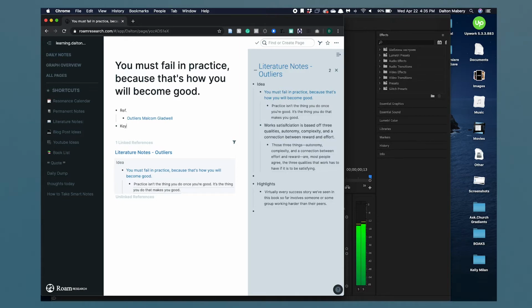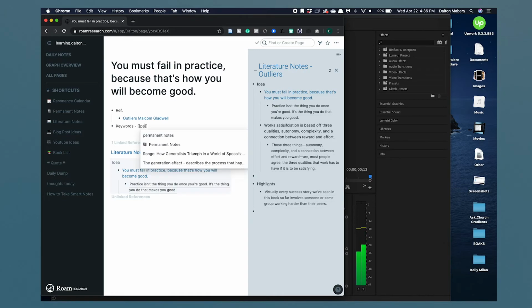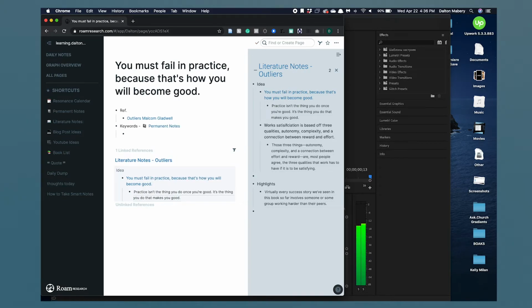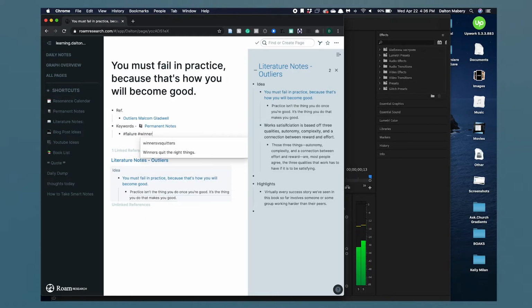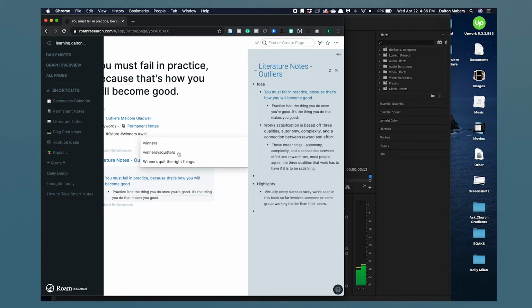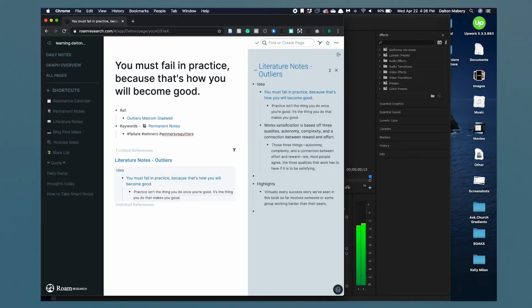And then I'm going to do my keywords. And right beside the keywords, I'm going to make a link to the page of my permanent notes. And I'll show you why. So my keywords are, I want to use failure, winners, and then you see this one, winners versus quitters. So I have my list of permanent notes here, and my keywords: permanent notes, tag, my keywords, failure, winners,